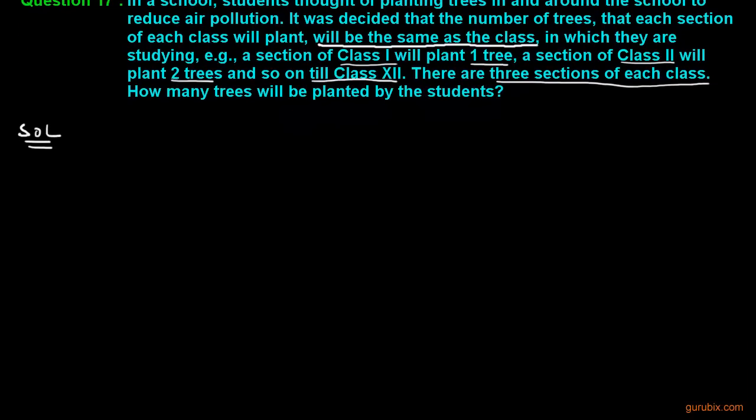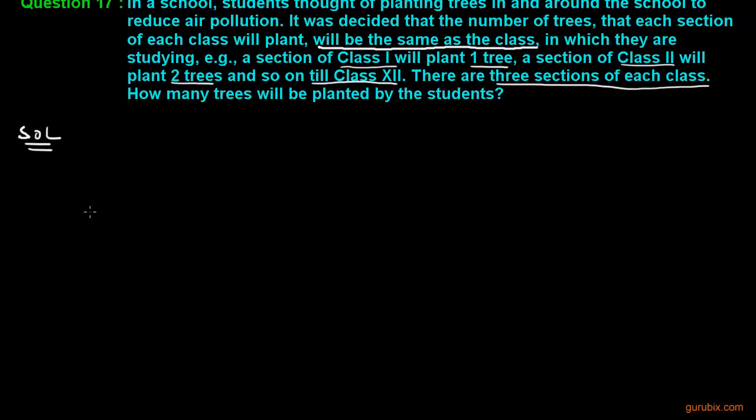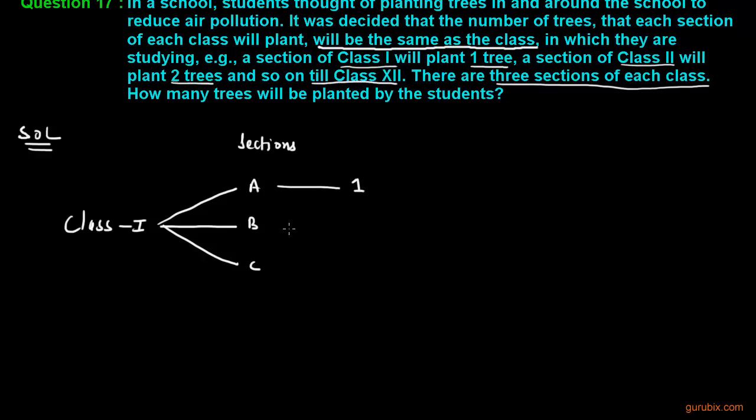Let me make you understand the solution of this question in a very easy way. Suppose we have class 1, and this class has 3 sections: section A, section B, and section C. Section A will plant 1 tree, section B will plant 1 tree, and section C will plant 1 tree. So the total number of trees planted by class 1 equals 3. So we can write here total